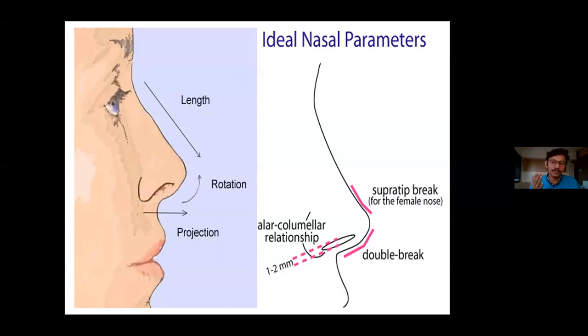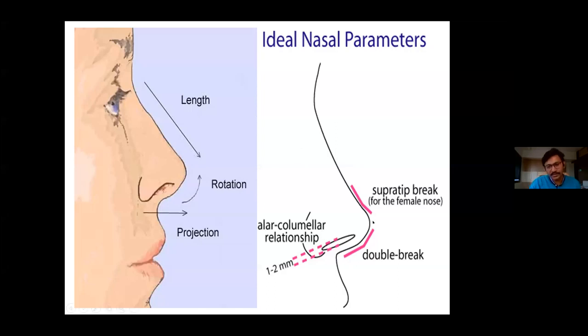So if the nasolabial angle is more obtuse, the nose is upturned, so upward rotated, or it can be downward rotated. Generally, upward rotation is called rotation and downward rotation is called derotation. So these are the terminologies that you must know.